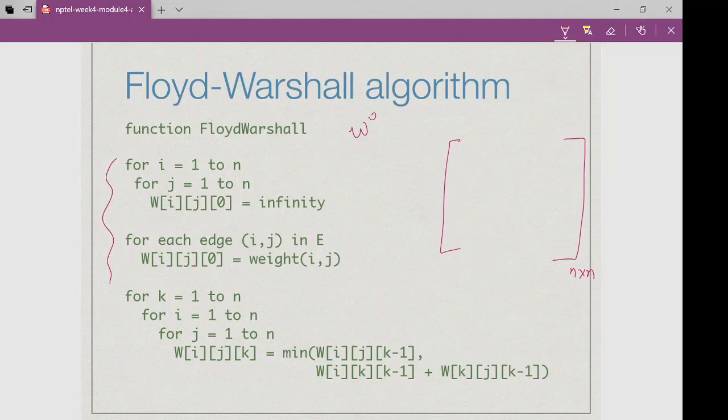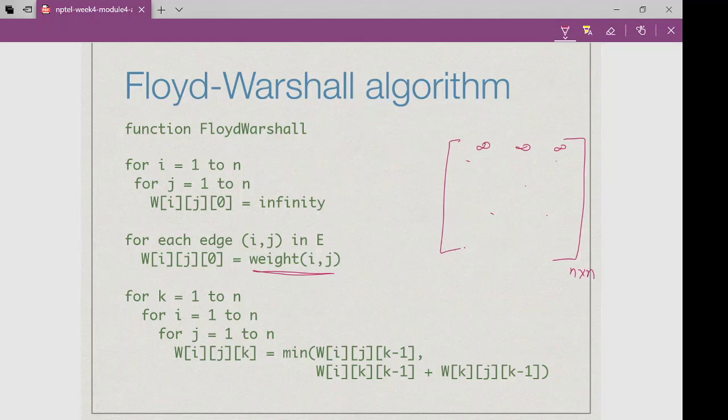What we have to do is keep all the values as infinity, and only those entries which represent a direct edge between i and j, we fill with the actual weight. This is what W0 is saying. In W0 we don't want any vertex in between i and j, meaning there are direct edges. So whatever direct edges are present in the graph, those blocks have the weight. Otherwise at every location we just fill infinity. This is the initialization step, or the base case.